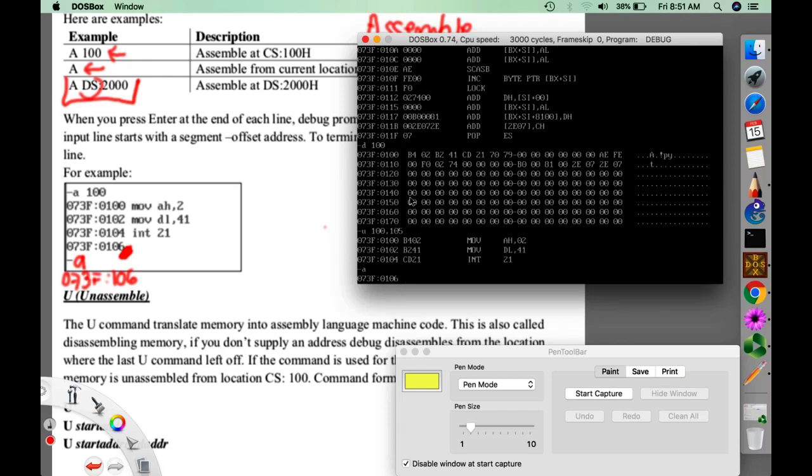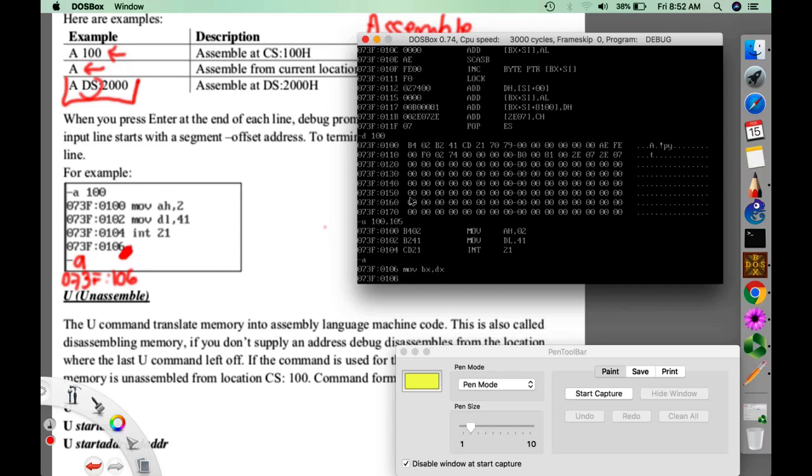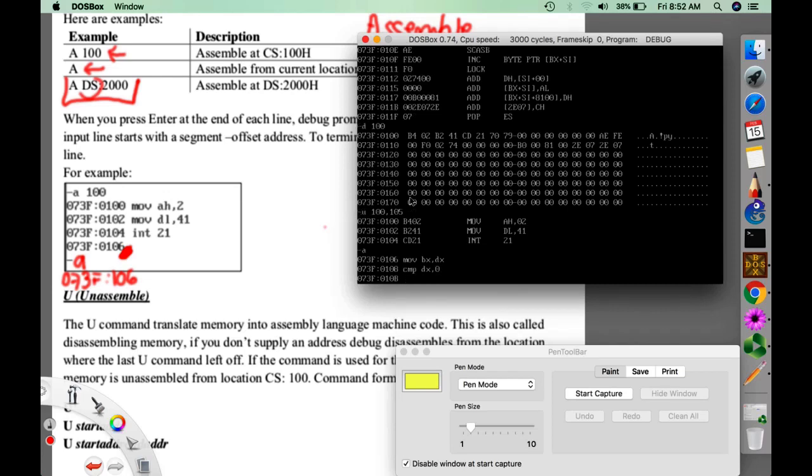If I want to move the content of BX to DX, how many bytes? 2 bytes. Say for example, I would like to compare the content of DX with 0. How many bytes is this? 108, 109, 10A, 10B. So it has 4 bytes. Correct?